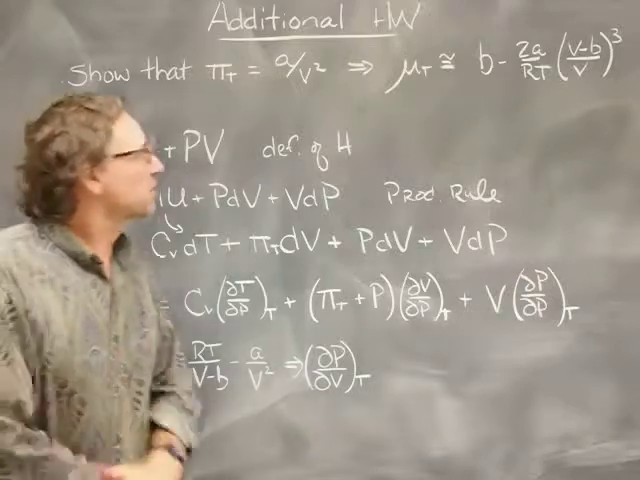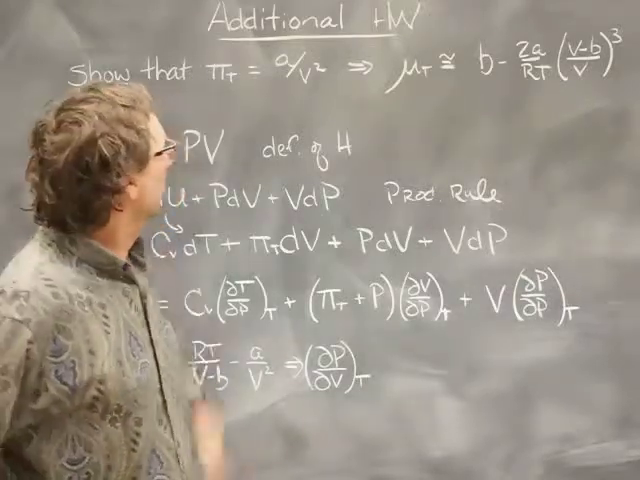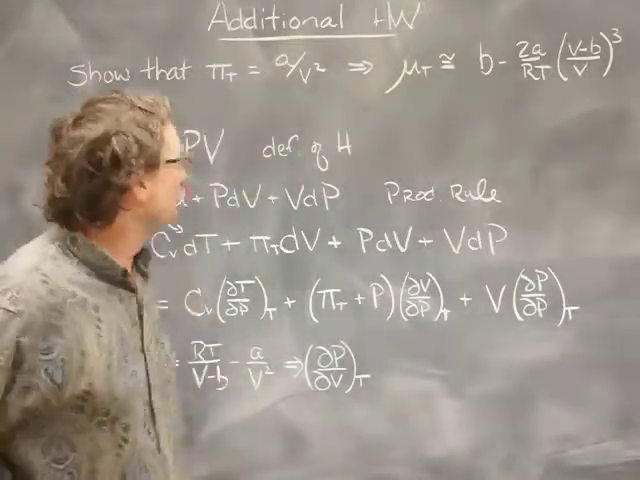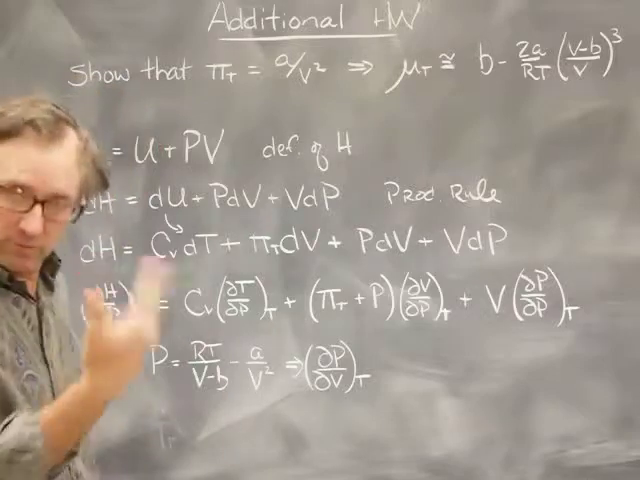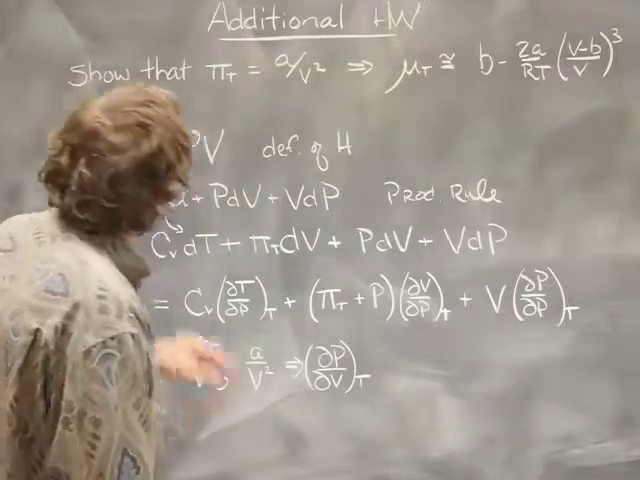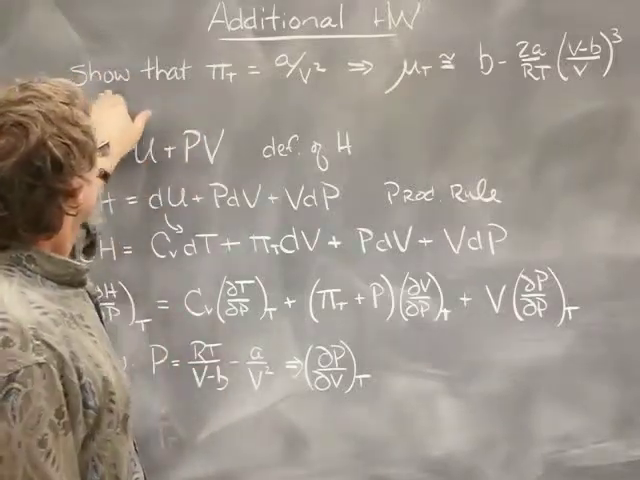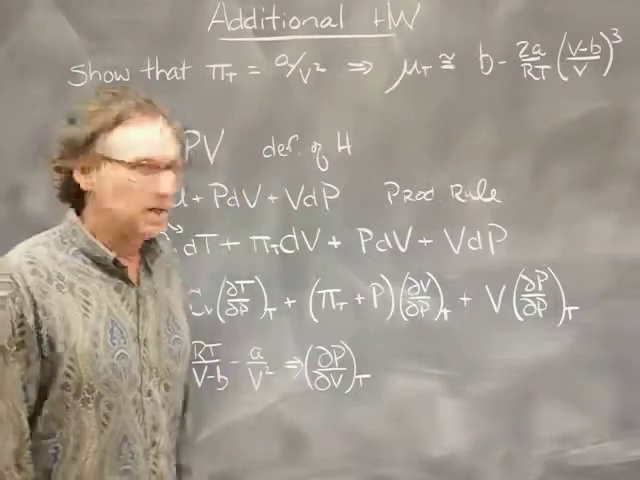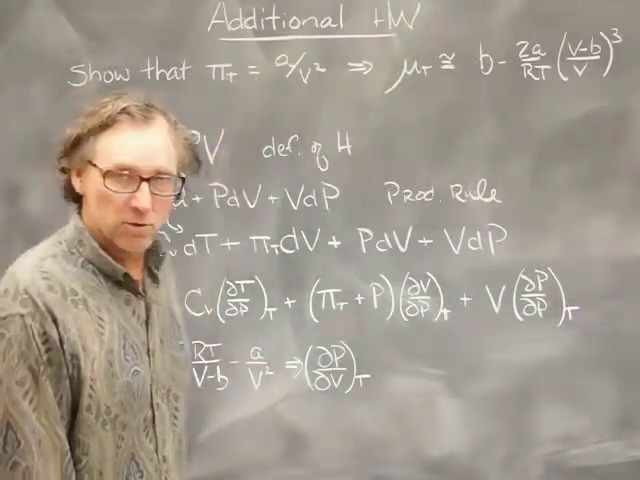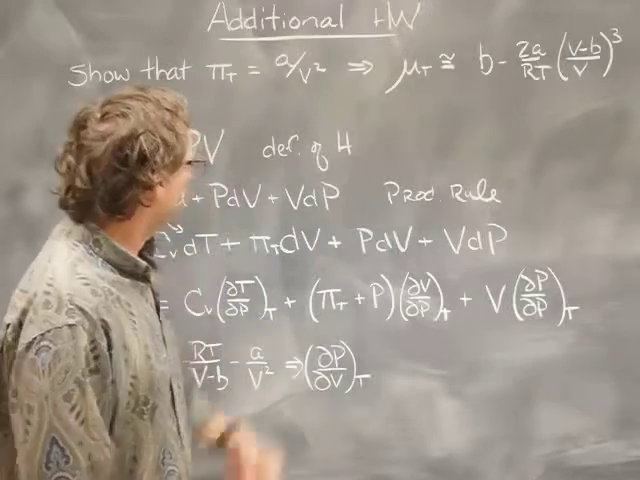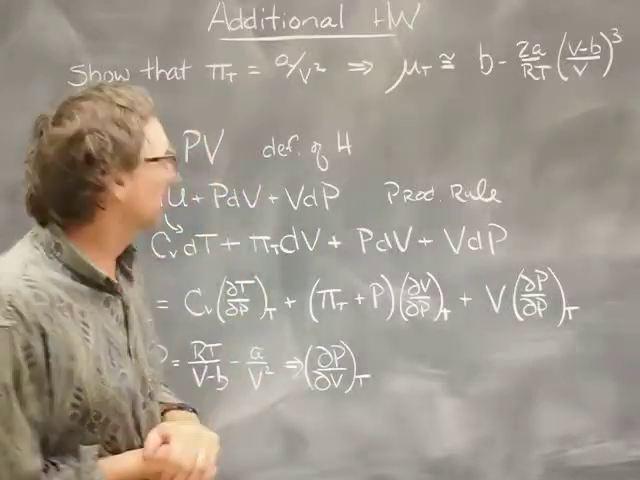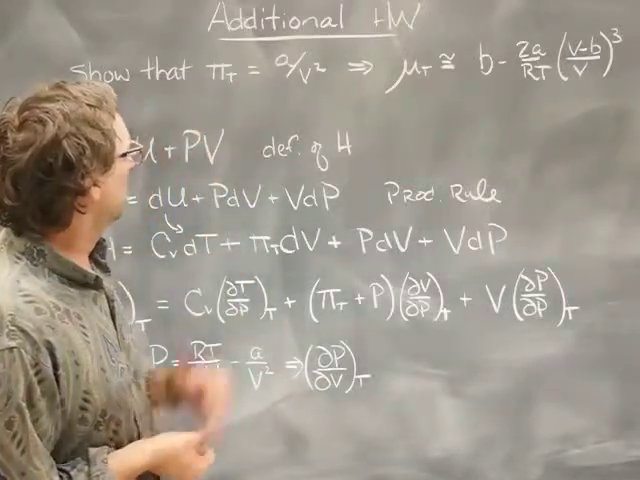Hi, I'm Stephen Neshiba, and I'm here to help you out a little bit with one of the additional homework problems. The homework problem is a derivation, and it just says something like this. Given that pi sub t is equal to a over V squared for a van der Waals gas, then that implies